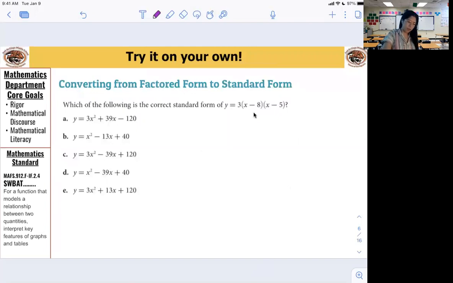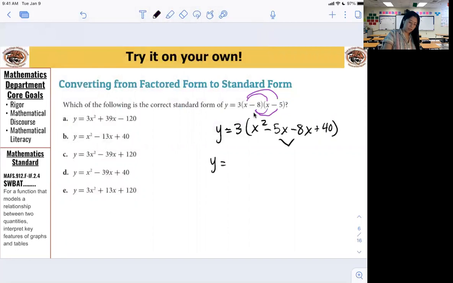So first thing is we FOIL. We're gonna FOIL real quick. So x times x, I got x squared. X times -5, I got -5x. -8 times x, I get -8x. And then -8 times -5, 2 negatives, give me +40. Then I'm going to combine like terms. -5 and -8 give me